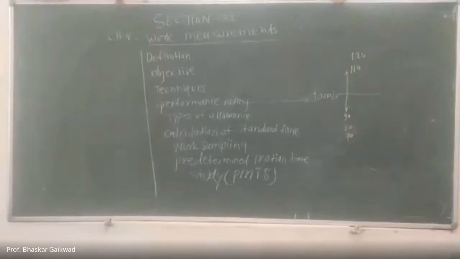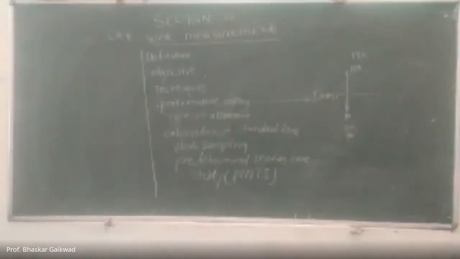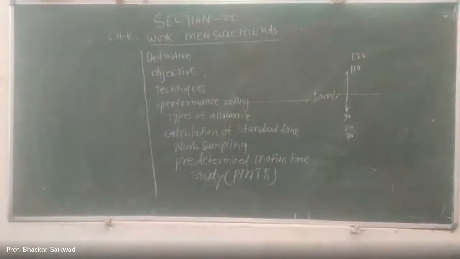Once again, I will repeat, observed time into performance rating, you will get the basic time or normal time. And in this basic time or normal time, if you add the types of allowance, so here normally we